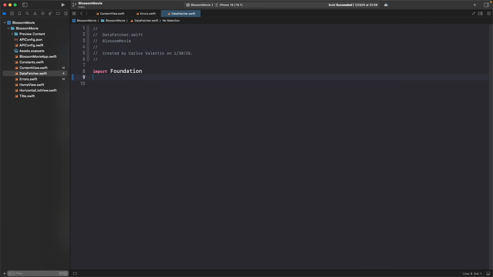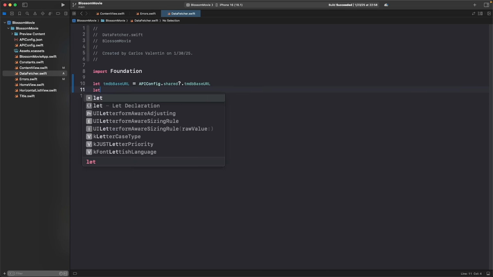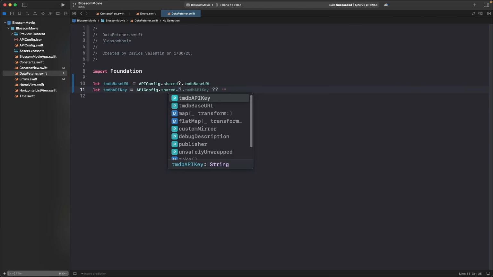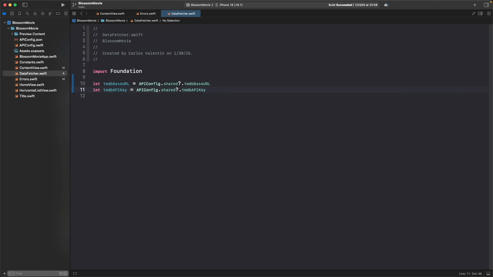Our file is ready. Hit enter once after import Foundation. let tmdbBaseURL equals APIConfig.shared.tmdbBaseURL. Enter. let tmdbAPIKey equals APIConfig.shared.tmdbAPIKey. We define the variables globally so that all of our functions can access them. Since the singleton APIConfig.shared is optional, these variables are optionals as well. This ensures that if there's an issue decoding the API config file, our app won't crash, but handle the missing